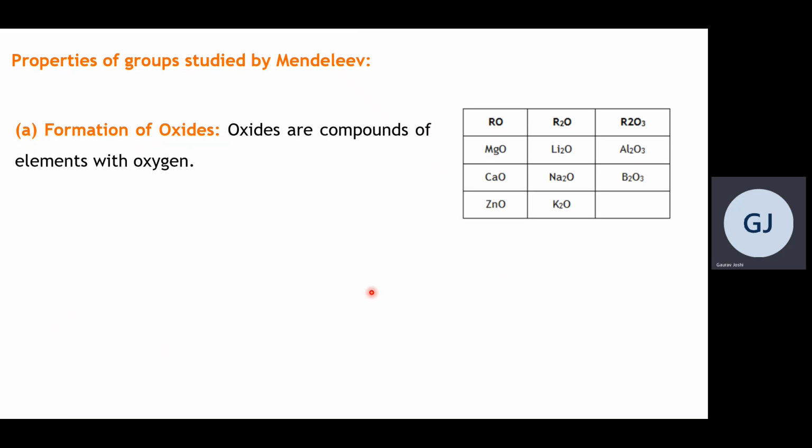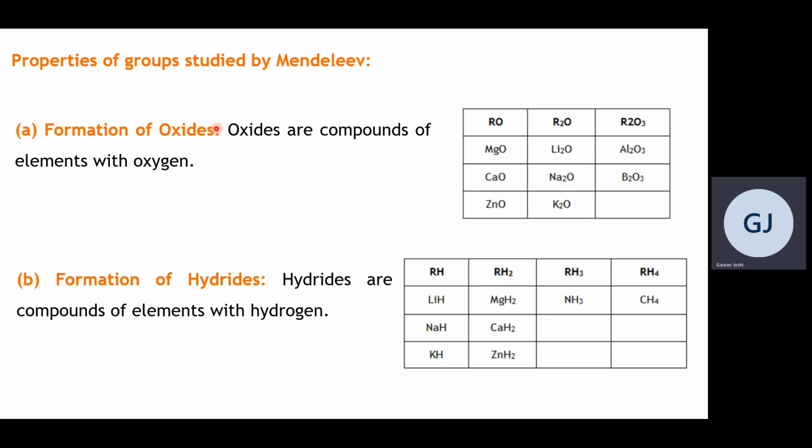So basically now, how did Mendeleev classify things? Mendeleev classified his periodic table on the basis of the reactivity of the atoms that were known at that time, right? So basically he introduced the periodic table by the reactivity of the atom. The atoms were showing two types of properties. One is the ability to form oxides, right?